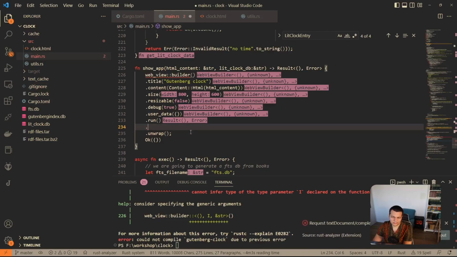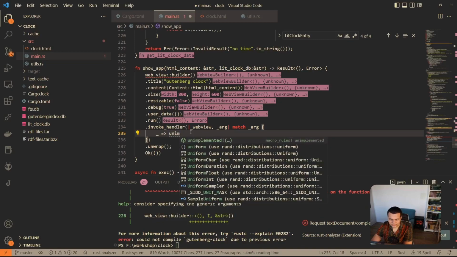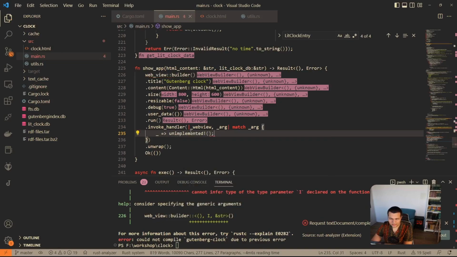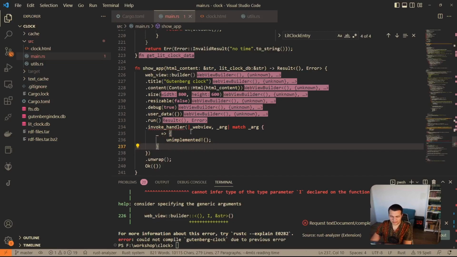Let's also add the invoke function. This will send data from our app to the WebView, but not do anything right now. Or let's do it. Do the match for the argument, but do an unimplemented block. Oh, okay, write this better, and